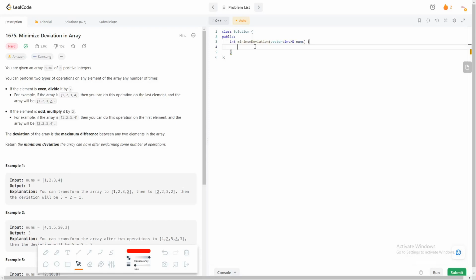So let me quickly write a high-level blueprint of what we'll be doing here, right? At first, we will try to make all the numbers even, right? And the way we'll be doing that is we'll be taking all the odd numbers into consideration, like this 1, 3, and then we'll simply be multiplying them by 2, right? So make all the odd numbers into even by multiplying by 2. Okay, and after this step we'll be able to calculate the deviation,